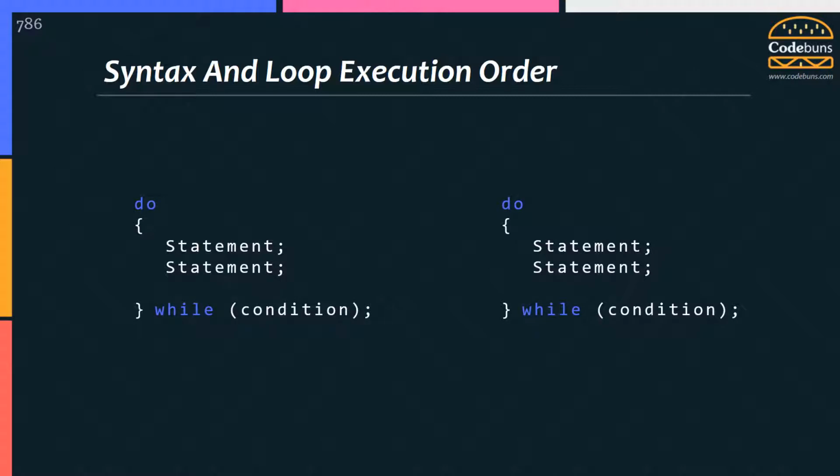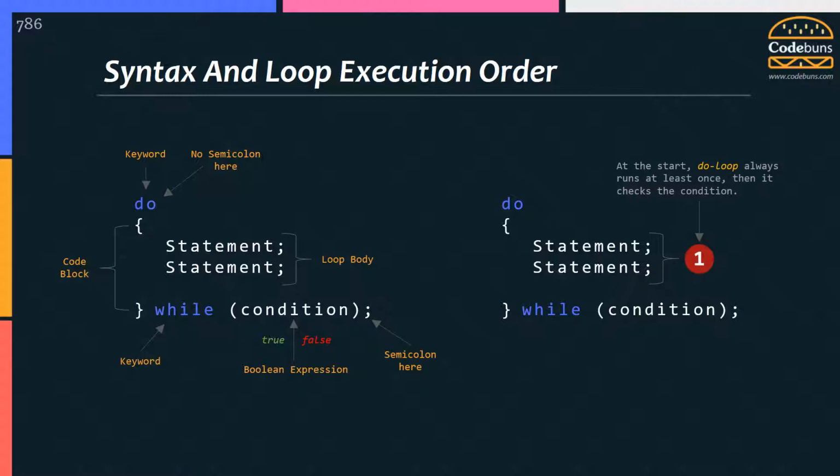This is important, please pay attention. Do while loop starts with the do keyword and the loop body. At the bottom of the code block is a while keyword, followed by a single expression within parentheses. Notice the loop ends with a semicolon. This type of loop is also called post-test loop. When the loop begins, the body always executes at least once, even if the condition fails the first time.